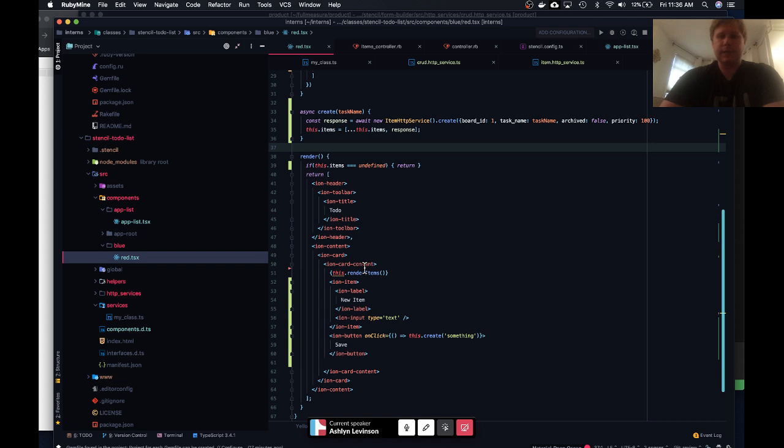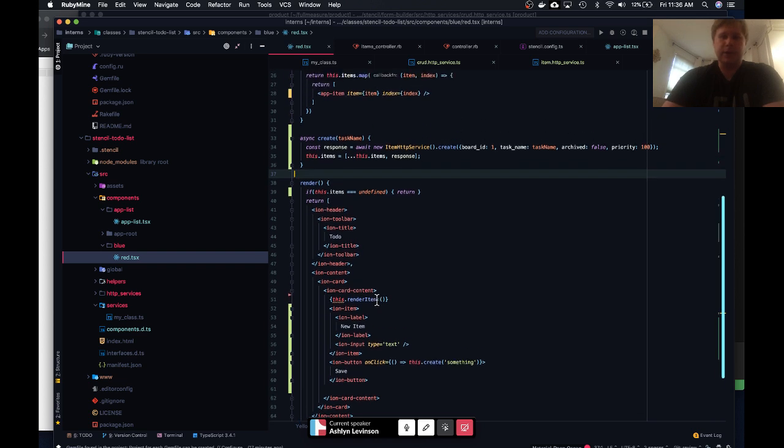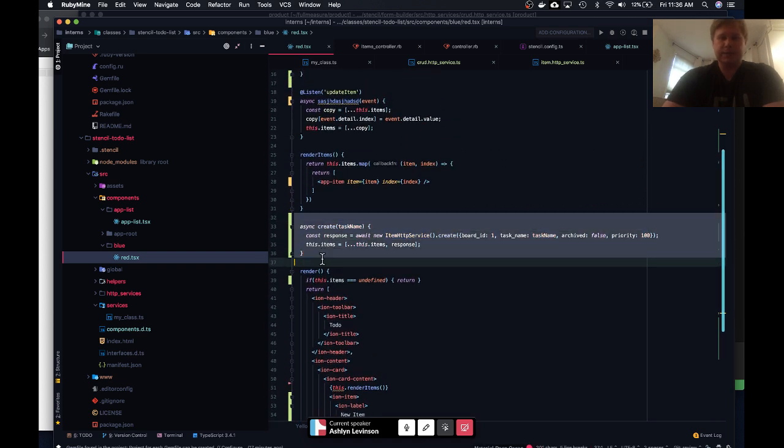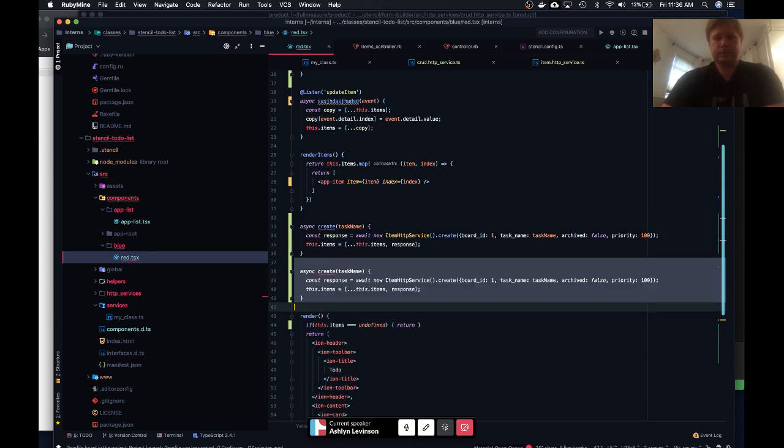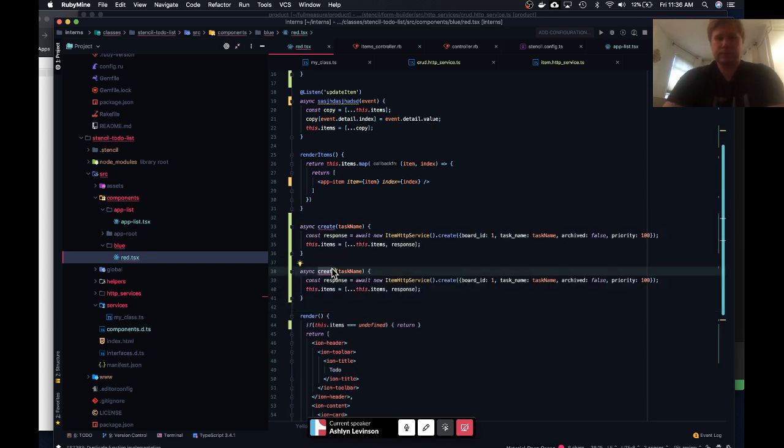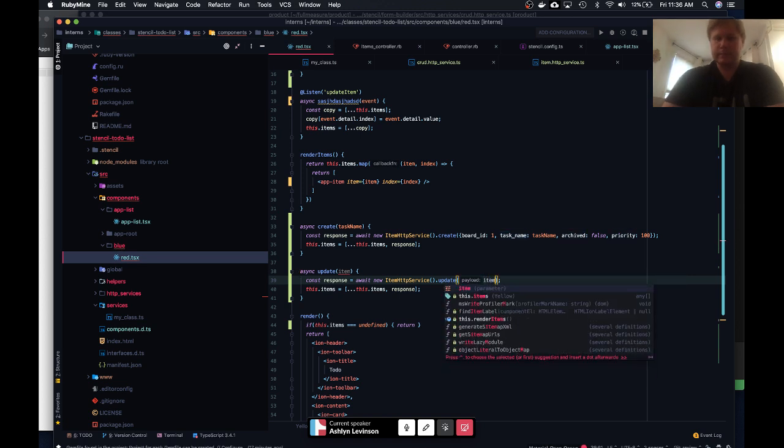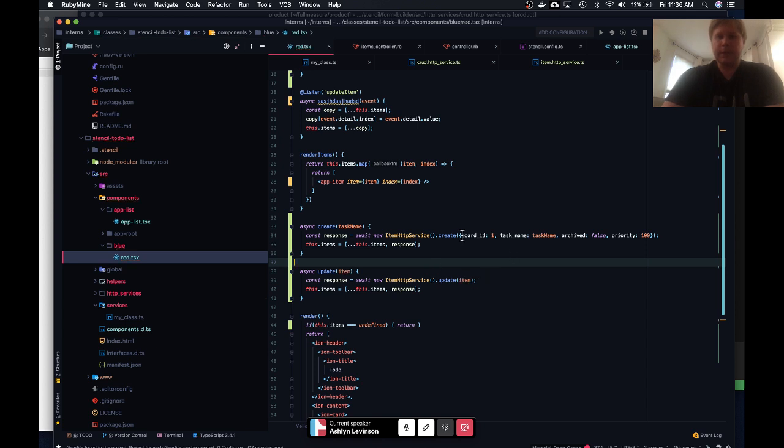So that's how you do the create, and then your updates are going to be very similar. You're going to want to pass in one of your items for the update, and then you can just call update. Right. So you can just as easily actually do it on your own. So we can do an update of, like, let's say,